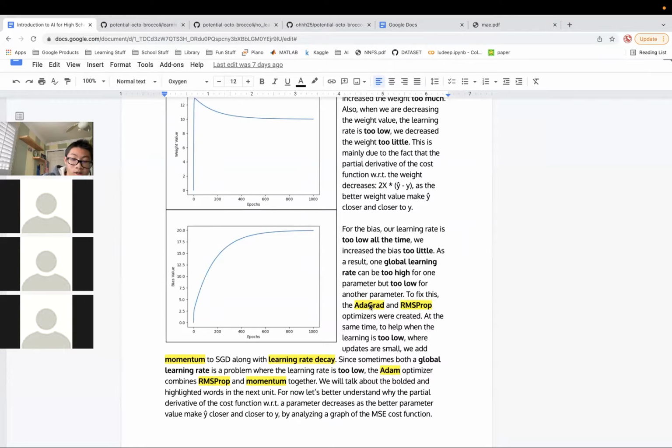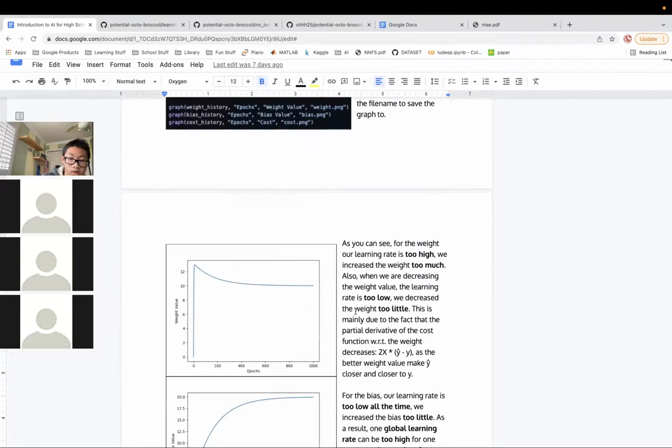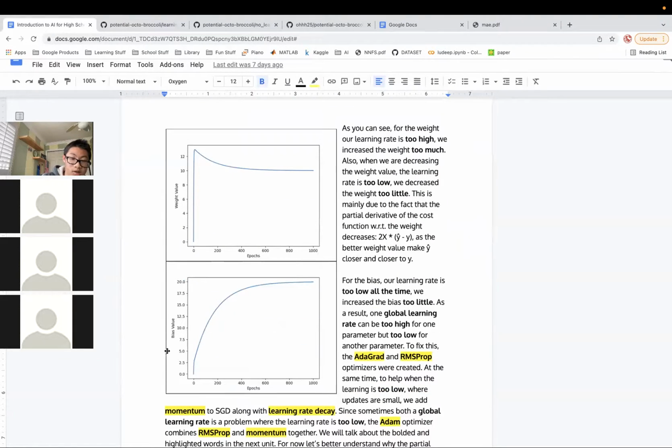Damn. So what we're gonna do next meeting is that we're just gonna fix these limitations. You see how the bias should have increased more, and the weight